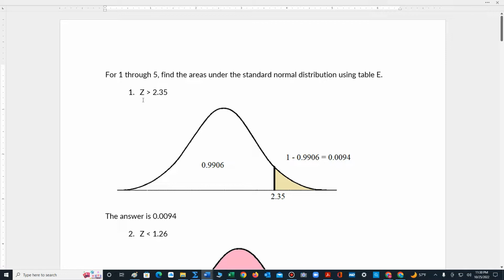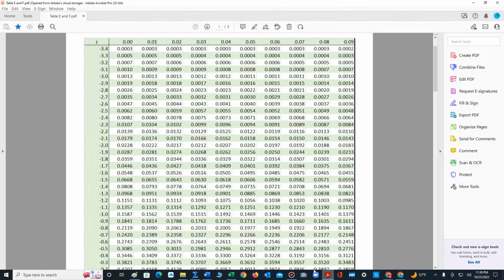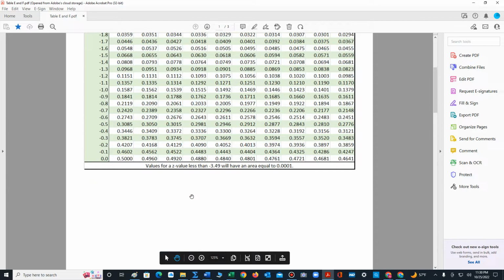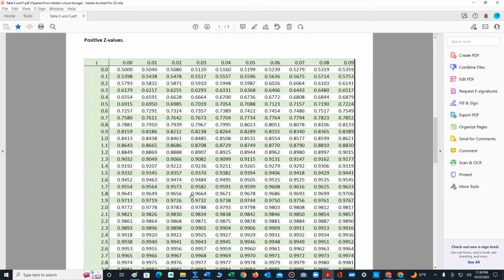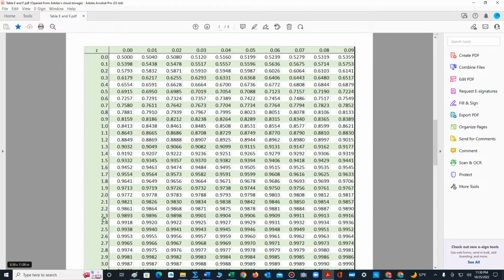Number 1 is asking us to find the area to the right of 2.35. To find the area to the right of 2.35, we look up 2.35 in our table. Here's 2.3, and then we have to go to column 0.05, and that's going to give us an area of